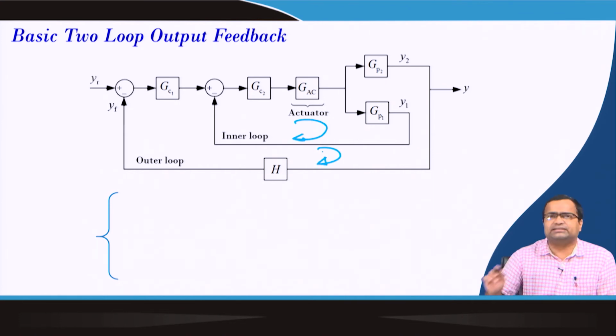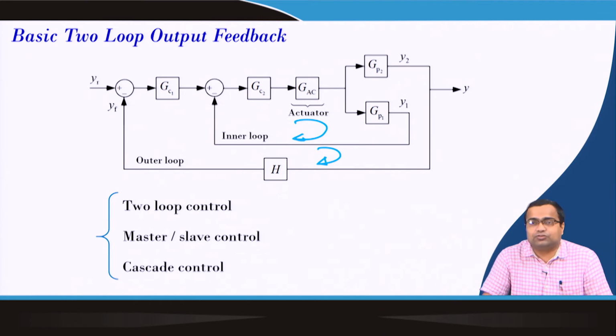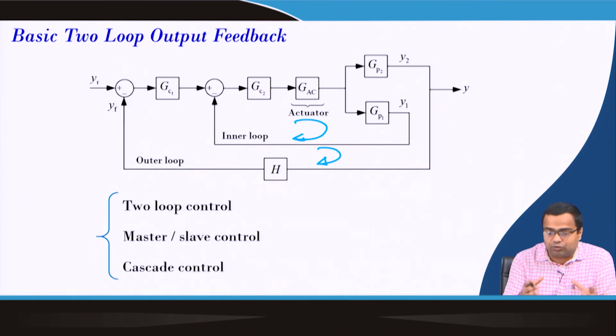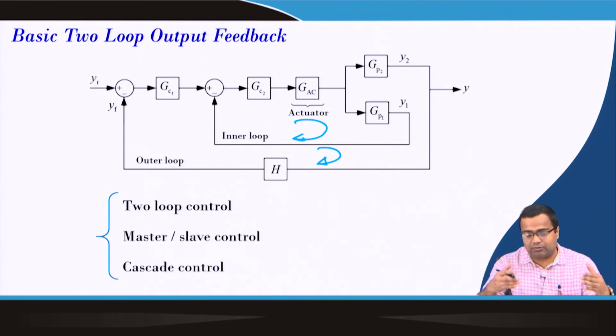So, this is a basic architecture of a two-loop control, also called master-slave control and cascade control, right. In general, the inner loop should be much faster than the outer loop, and there should be a time scale separation. In fact, we will take the example of current mode control, and there is a particular session where we will discuss what happens if the two loops' bandwidths are close to each other, what kind of interaction we will find, and what such interaction can cause.